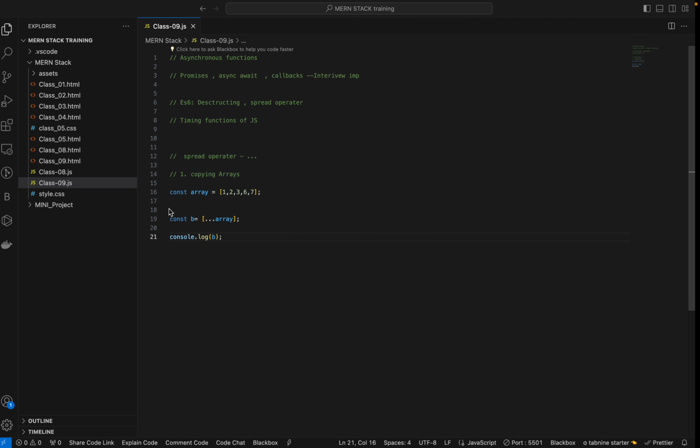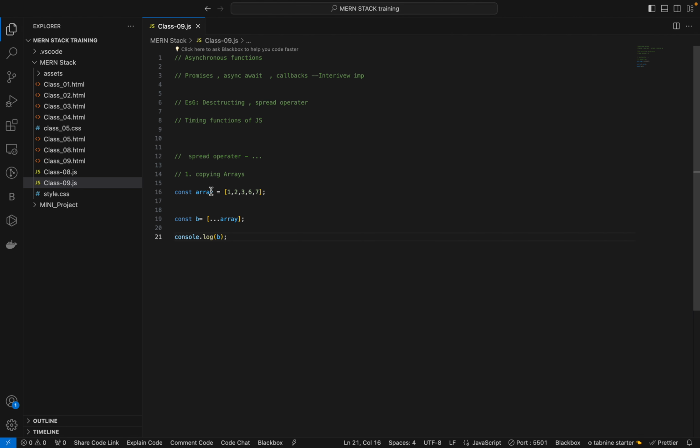See what I have given as value, the array declaration in the array variable, but I am using that array here itself in b, copying that array with the help of the spread operator. That is one use of the spread operator. Okay, and the second use is